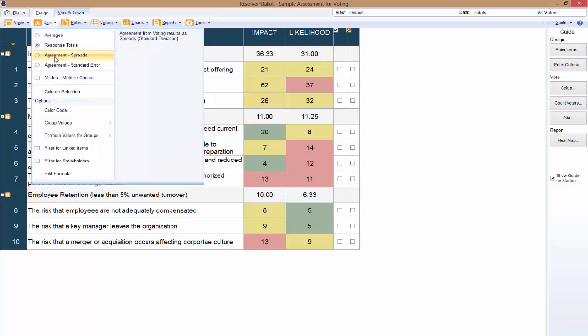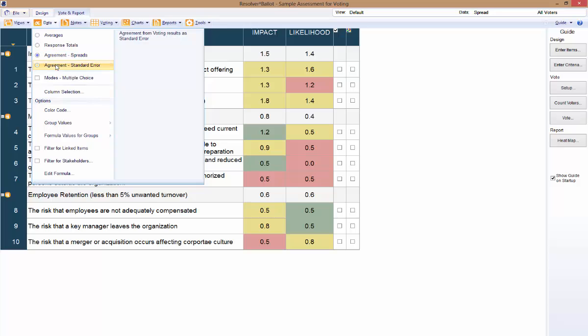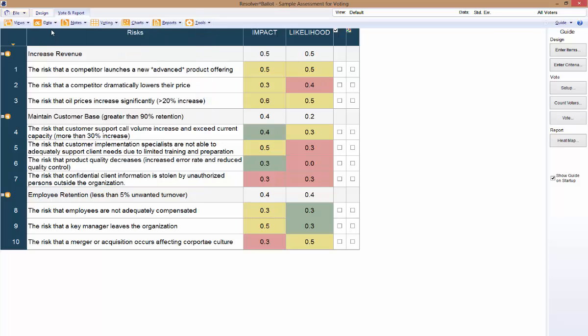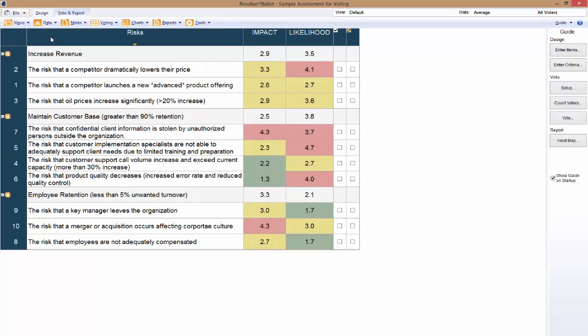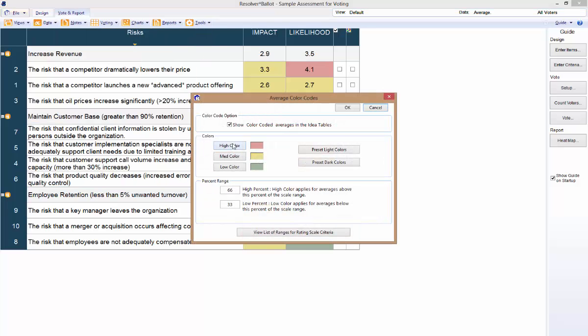Agreement spread calculates the standard deviation of the values. The agreement standard error is a measure of the deviation from the mean for a sample. This is similar to the standard deviation, but it takes into account the number of voters in order to quantify the accuracy of the deviation measure. Modes for multiple choice is used for multiple choice votes. The mode can be displayed instead of the mean, as the mean is typically not a meaningful measure in this particular case. From here, you could also change the color coding,